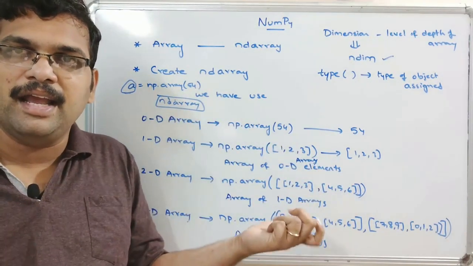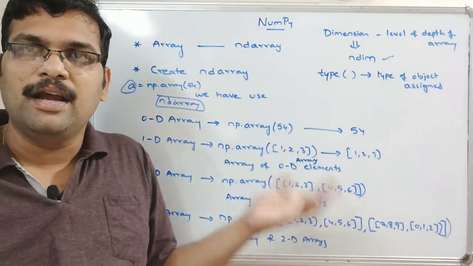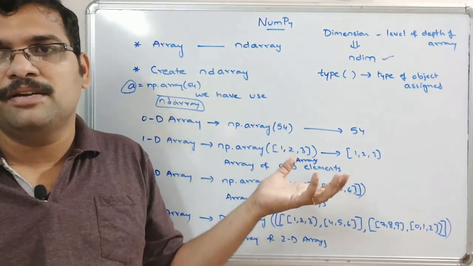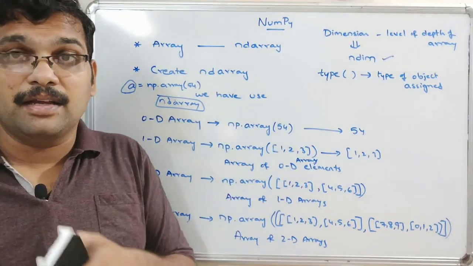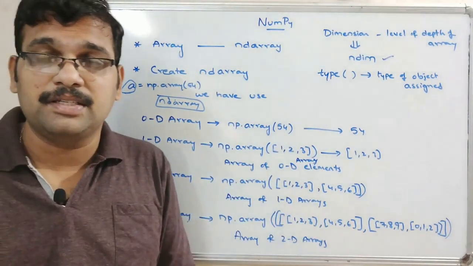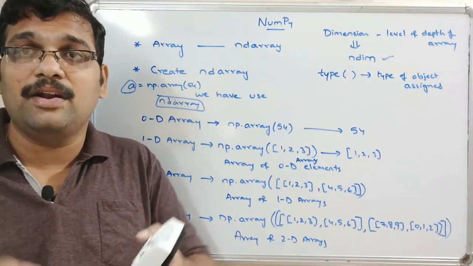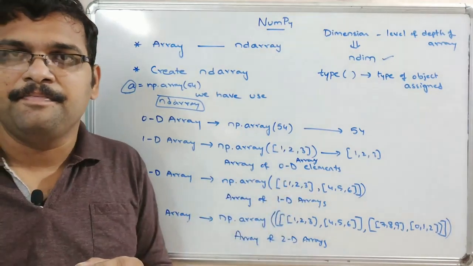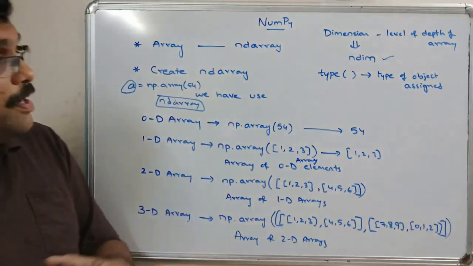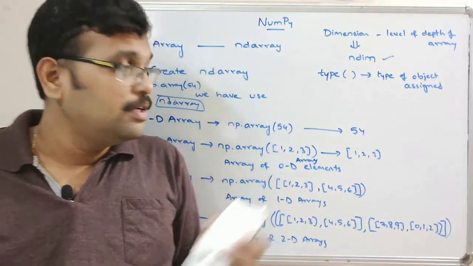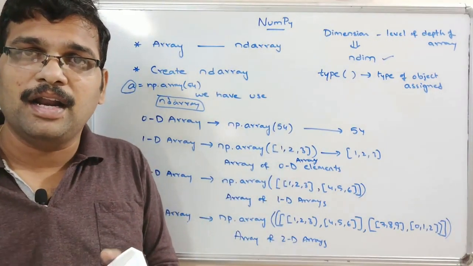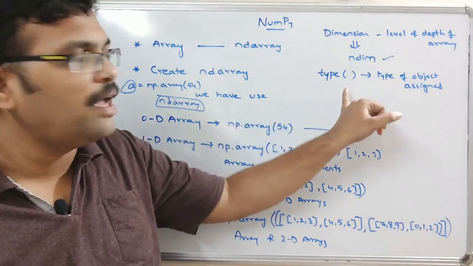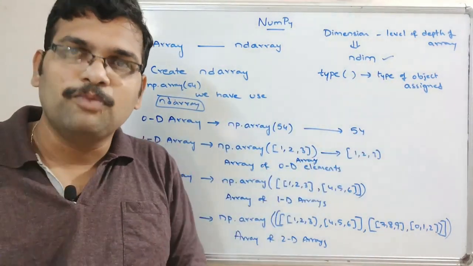So we have to create the ndarray, we have to assign the values to the ndarray, and we can know the dimension of the ndarray, we can know the type of the particular object assigned to the variables. Then in the coming sessions, we'll see the indexing, slicing and all the related functions which are going to work on this ndarray. Right, so I will stop here, and hope you understood this one. So we'll move on to the interpreter, and I will show you the creation of ndarray and the working of ndim and type function. Right, let us move on to the system.